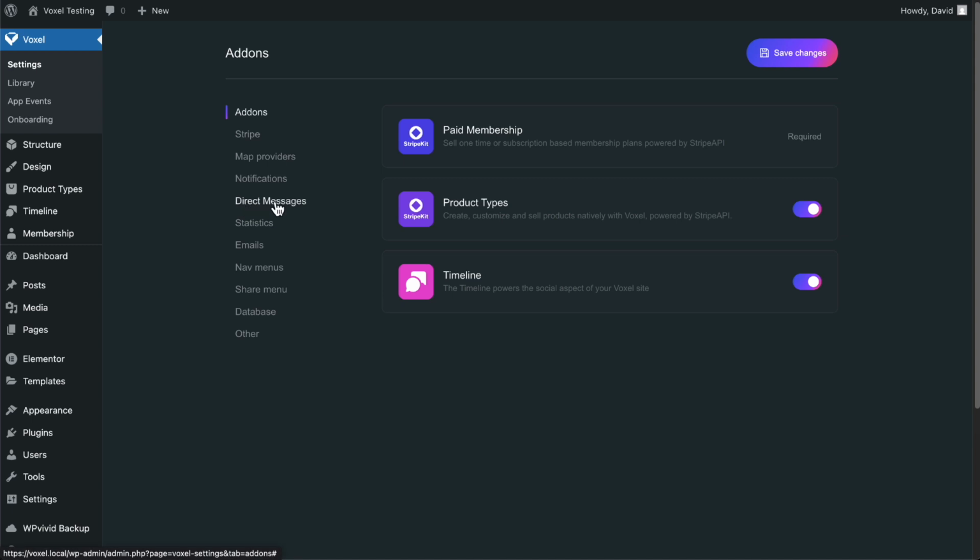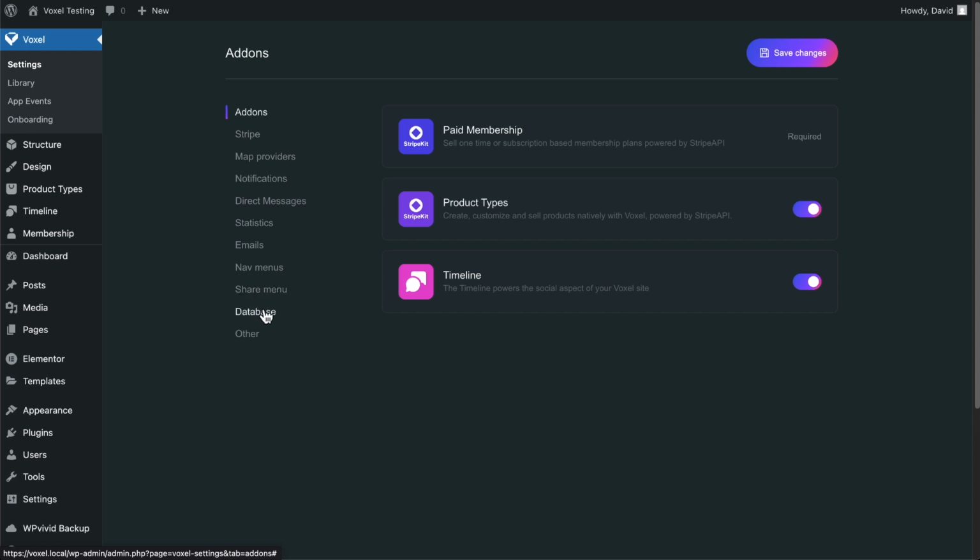And yes, Voxel comes with chat functionality. There's stats for analytics. We'll come back and look at that when we install a starter site so you can kind of see what that is. There's setting up who gets email notifications, creating nav menus. This is social share buttons that you can